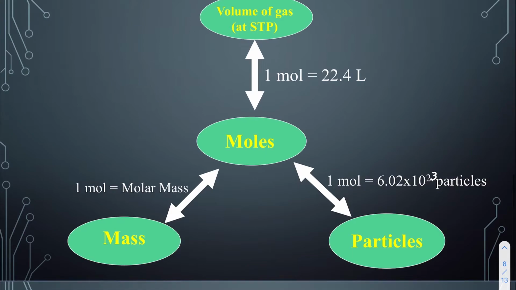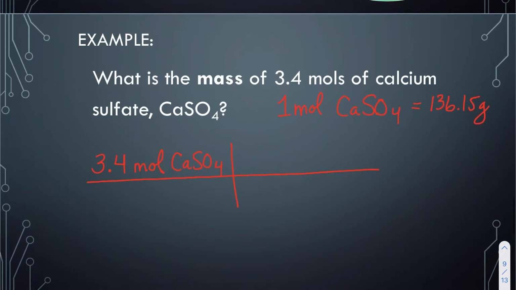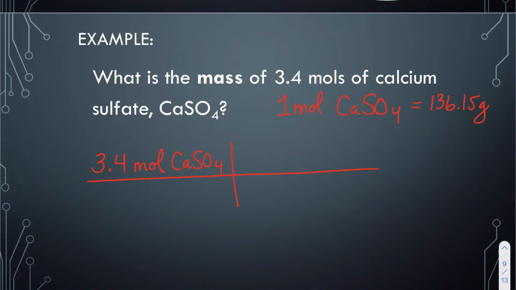This table right here shows you all the conversion factors I might need to use. In this case, I am going from moles to mass. So the conversion factor I need is for every 1 mole, it equals the molar mass in grams. So I'll write that in there. For every 1 mole, or